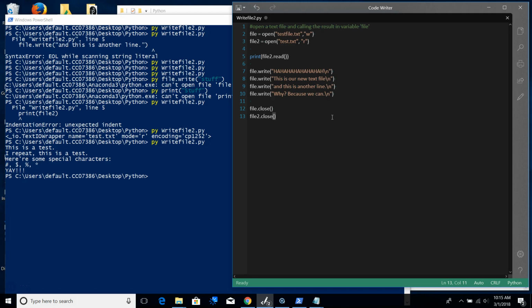What if you didn't want to overwrite the data that you've already got in your text file? What if you wanted to add to it? Good. So if I wanted to... Hang on, let me